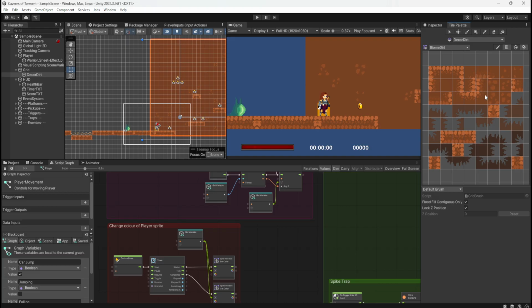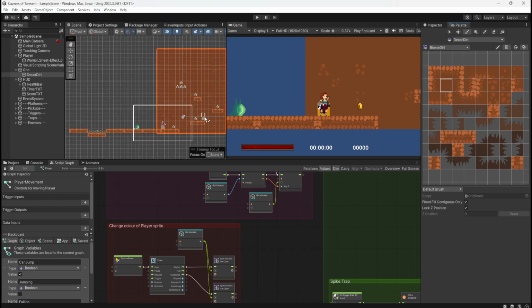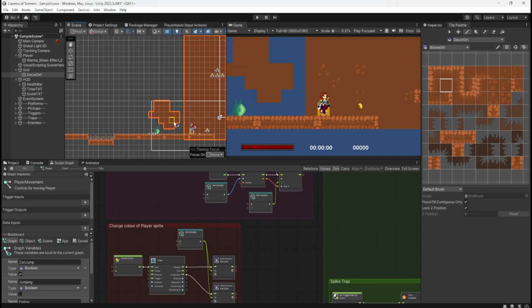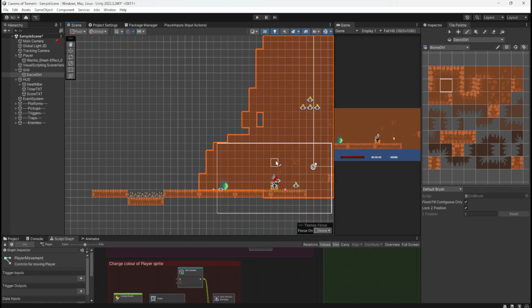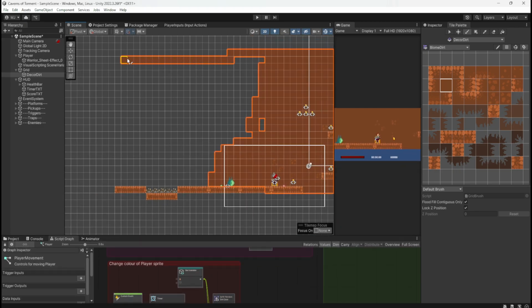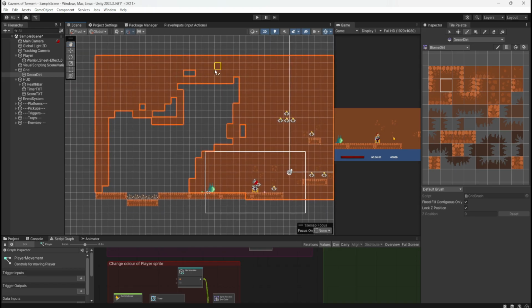But what I can do is I can just paint this whole scene now if I want, because it's not going to be that blue background. As you can see, we'll just go across. Really satisfying doing this.